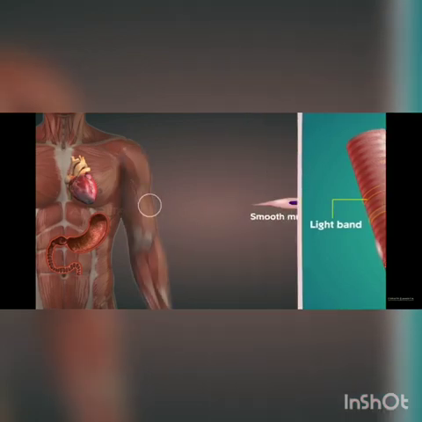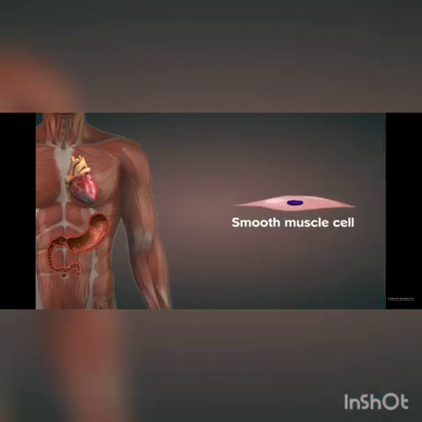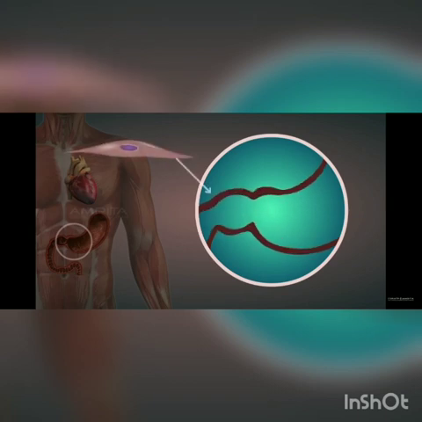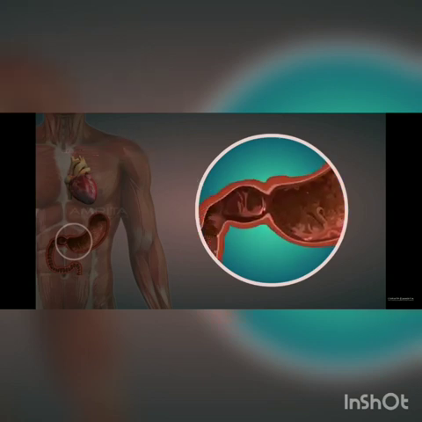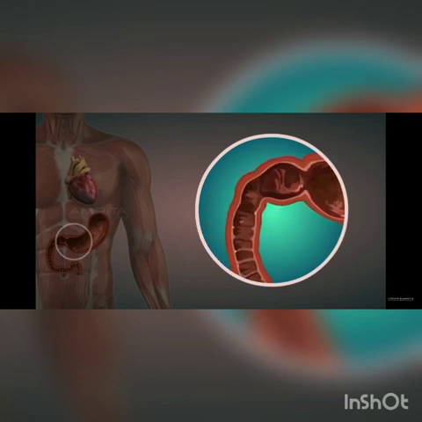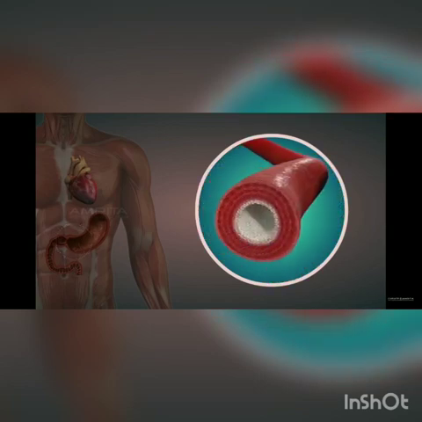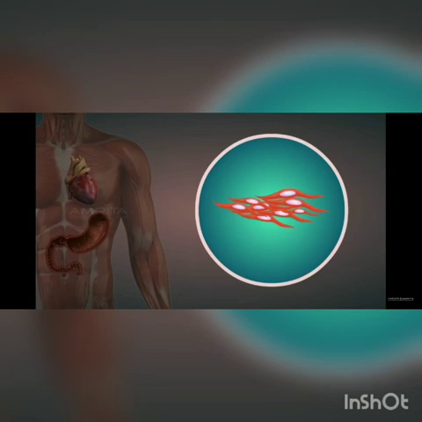The next one we are going to see is the smooth muscle cell. It is an involuntary function, so it starts to work with or without our conscious control. In our digestive system it is elastic in nature, present in spindle shaped cells and in blood vessels. See the blood vessel structure, that is also made of spindle shaped smooth muscle cells. It is involuntary in function.